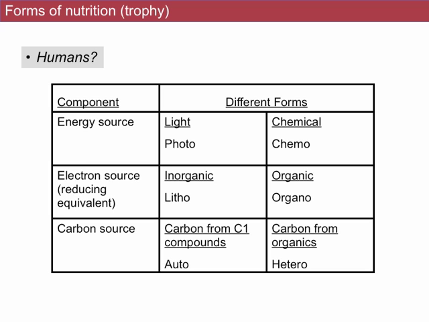So people frequently care about whether they are getting their energy from the sun or from chemicals, and whether they are getting their carbon from C1 compounds, that is usually gases like methane or carbon dioxide or carbon monoxide, or are they eating other things? So I think that's probably why. And in the book and in many other places, frequently they'll just say something's photoautotrophic, for example.